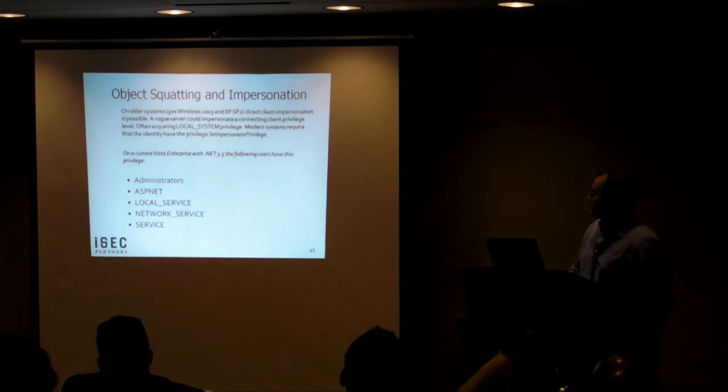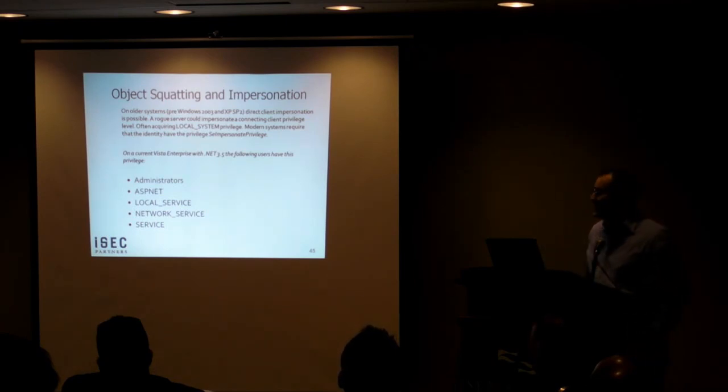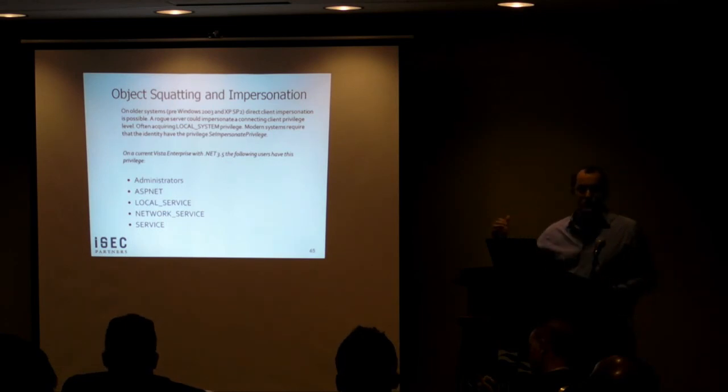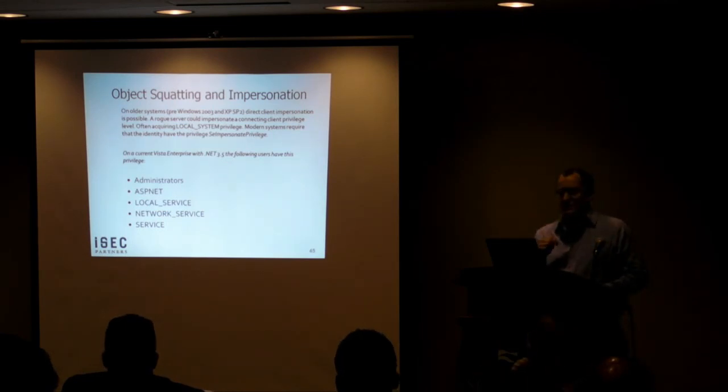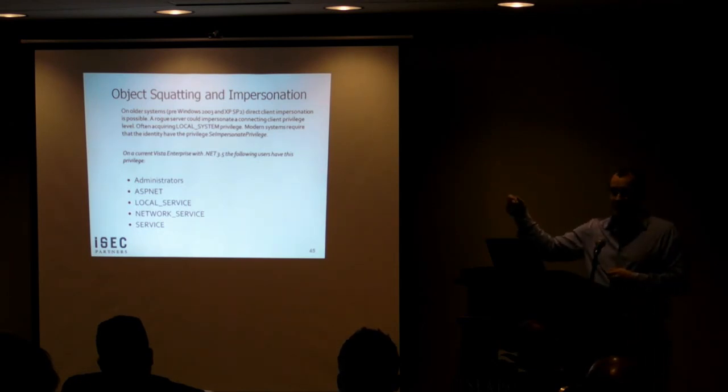Object squatting and impersonation. So, this is something else that's interesting. The SeImpersonate privilege in Windows won't allow you to impersonate people calling into your code, right? Unless you're a higher privilege. This was done, if you guys remember, AtStake did. Actually, Andreas Junestam, one of the guys at iSec. This is back, I think, 6-7 years ago. He found you could knock down a service and then create a named pipe, the same pipe as a service like